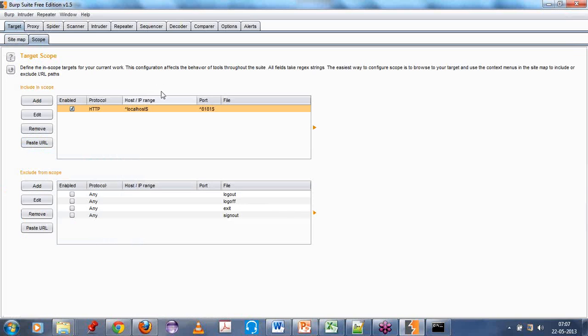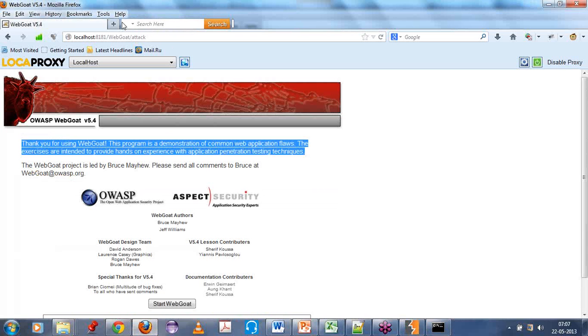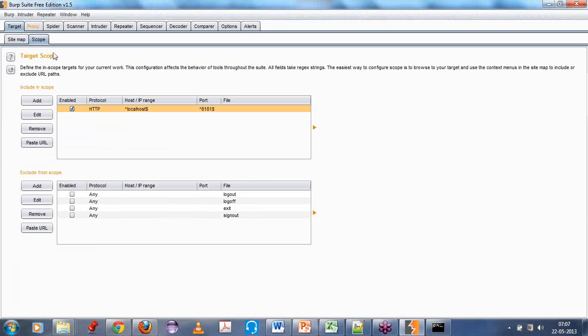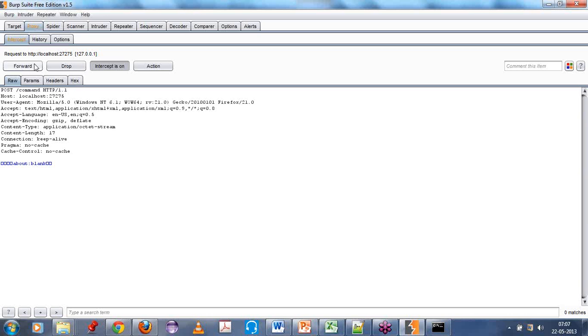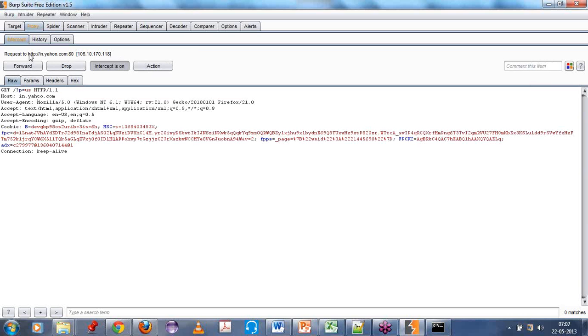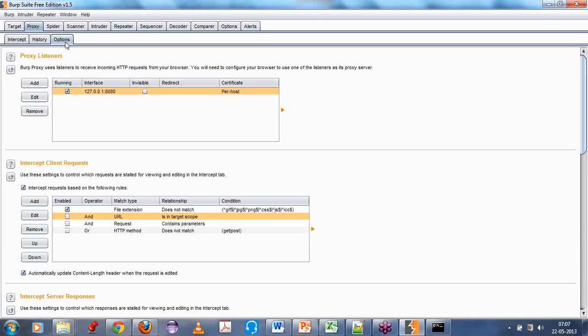Simple. So if you get into scope, you can see that for this particular localhost, we are listening to port 8181. We are just interested in this particular web page alone. This is our application under test. We are worried about only intercepting this particular traffic. We don't want all the traffic. For example, if I type google.com or yahoo.com, it should not intercept the traffic, right? If you see here, let's forward, one second. It is actually intercepting everything now, yahoo.com. So we should ensure that we are not intercepting